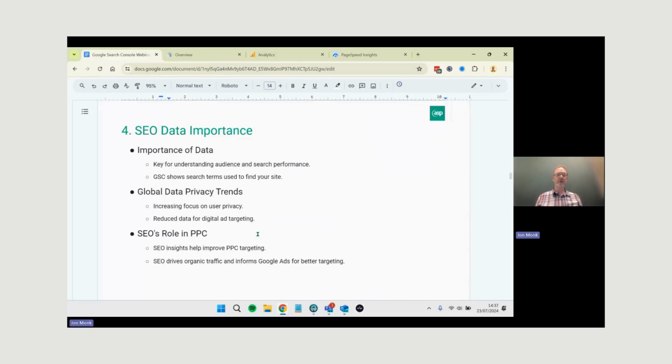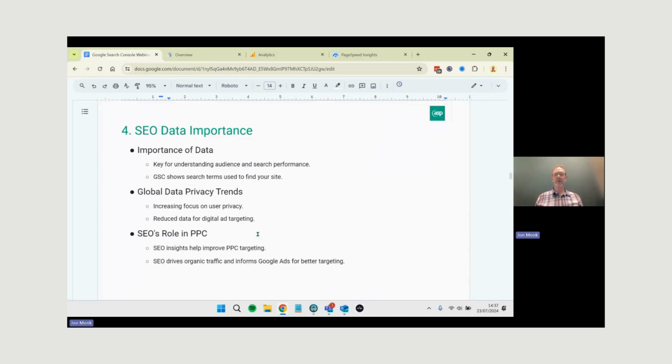So from a privacy side, obviously that's a positive thing, but in terms of you as an actual advertiser, what it means is that there's less information available to you to be able to start hyper targeting your ads. So fundamentally, it will start to make ads a little bit less effective. And this is where SEO and the data that you're going to be getting from Google Search Console becomes increasingly important, because whilst we're getting reduced amounts of information and data being kept about us to protect our privacy,